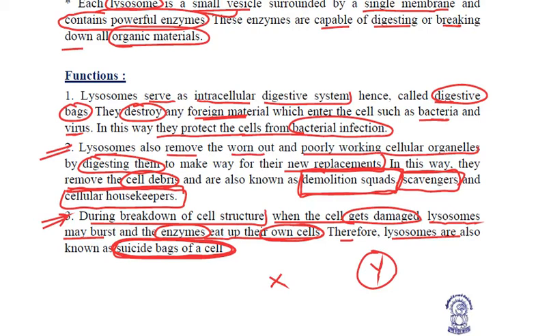So lysosomes are called the suicide bags of the cell, because just like the hand of Y is killing Y, similarly the lysosomes, the hands of the body, that is of the cell, they are actually eating up their own cell. They are killing their own cell. So they are killing the cell of which they themselves were a part. That is why they are called the suicidal bags of the cell.